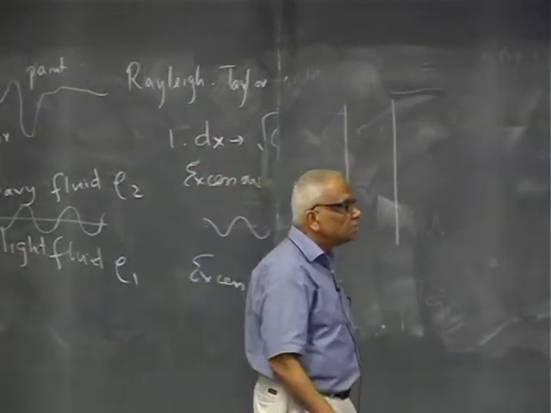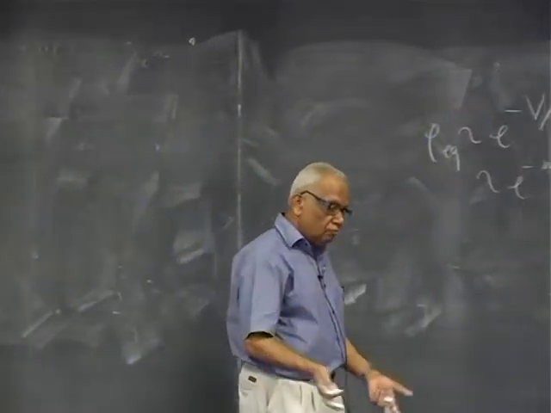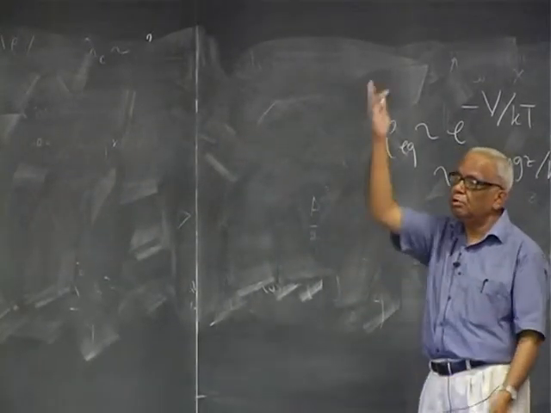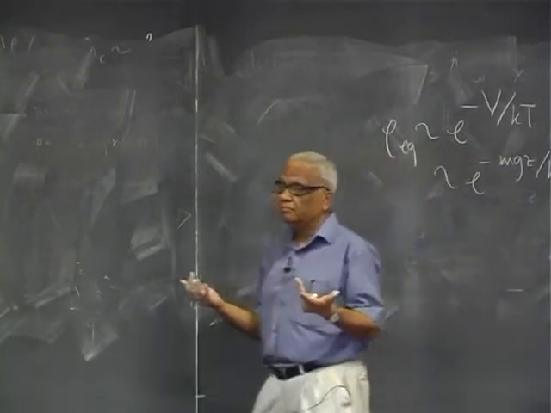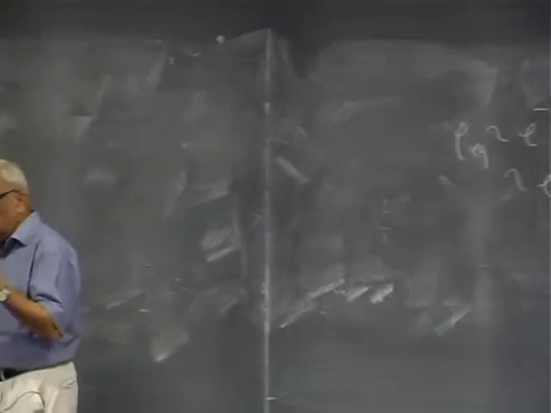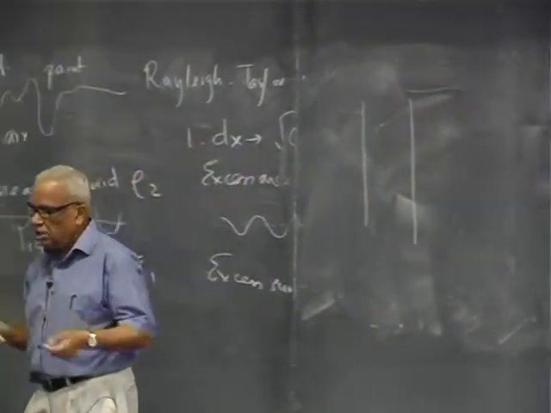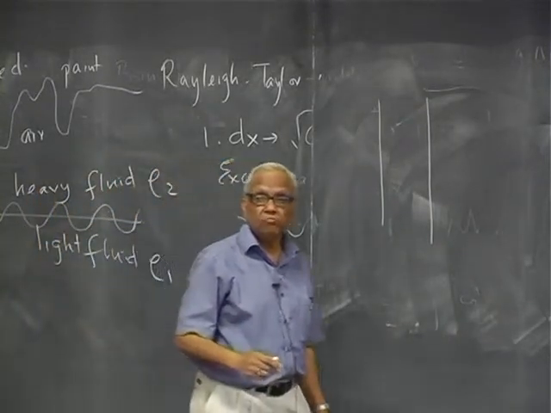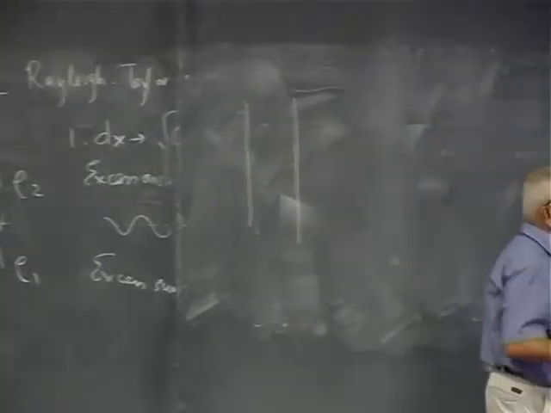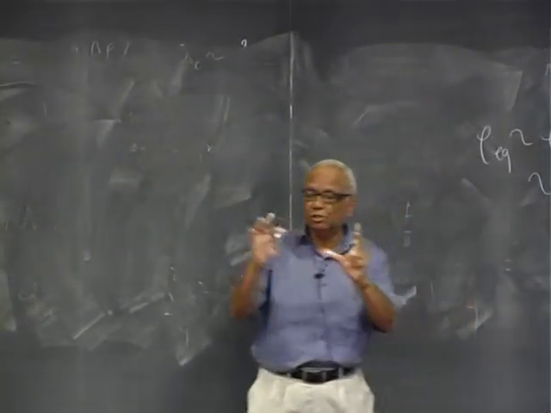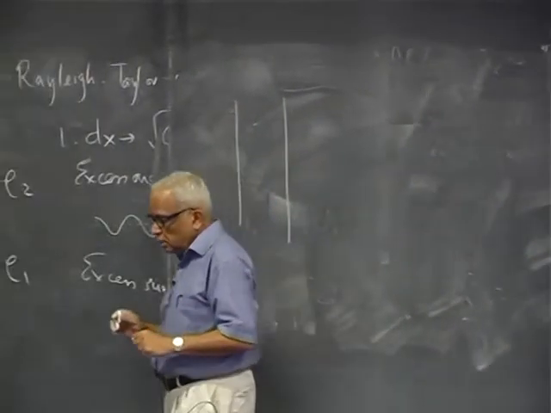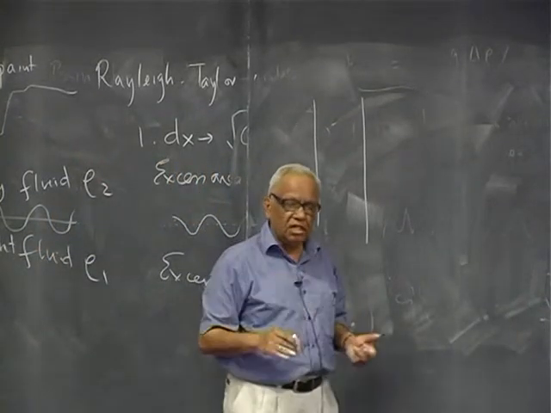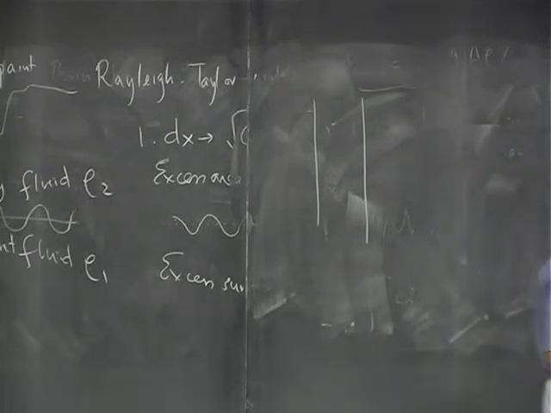But the point is, why would you rather live in Ooty at this point? Because the temperature is not constant. As I change with height, the temperature decreases. That's the whole idea of being in hill stations. But temperature decreasing means that the density increases. Now the point is that this equilibrium distribution, which is isothermal by its very construction, says that the density does decrease as you go up. Very good. But life tells you that Ooty is better than Bangalore, and therefore